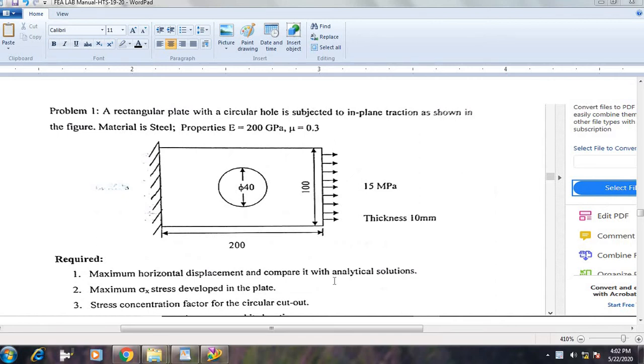Hello everyone. So today in this video we will try to analyze the problems on plate with the hole using a software analysis. So this particular thing is a problem which is a plate of 200 cross 100 dimension with a hole in it which is of radius 20 and 15 megapascal of load is being applied